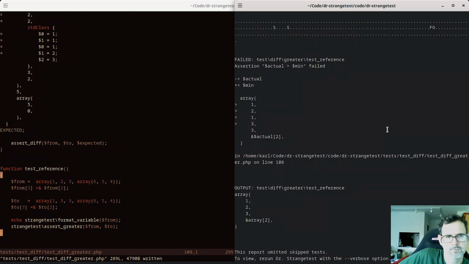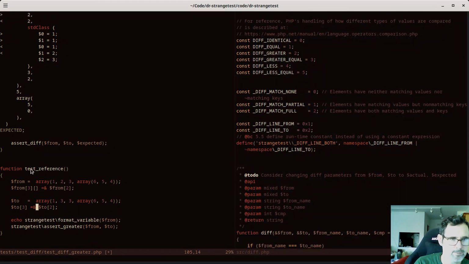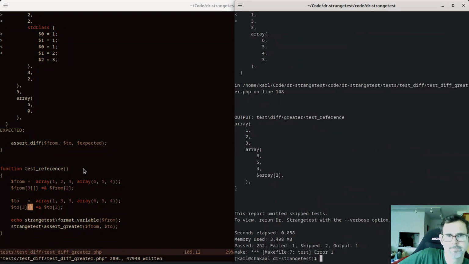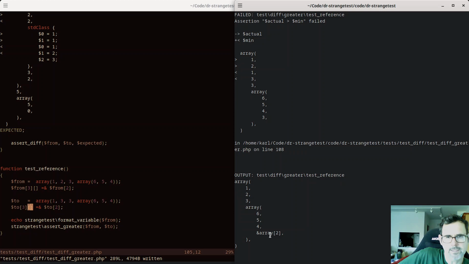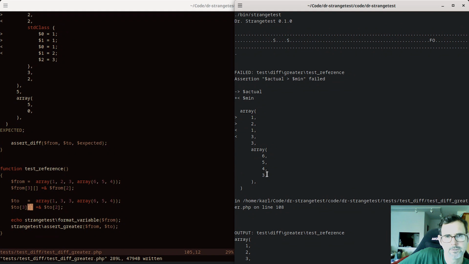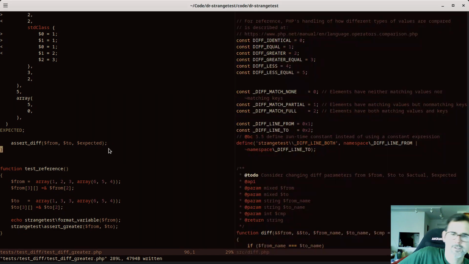Or is it working? Oh no. That's because I did that wrong. This is what I want to do. Yeah, so this is a reference back to here when we just format it, but here it's just showing that it's 3. So in order to fix that,